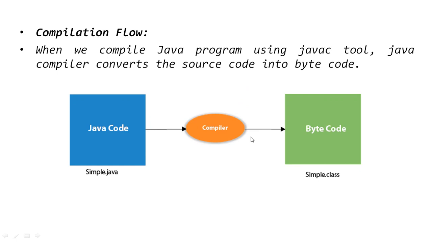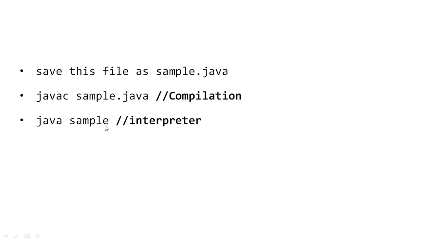Now what it does, it converts the data into bytecode. That is the creation of Sample.class. If I am using Sample, it's Sample.class. If I am using some other name, my class or my name, Sukhveer.java or Sukhveer.class, like that. And after the creation of this one, when I am using this command java Sample, basically it's the interpreter. Now the code is checked with the help of the interpreter for bugs.